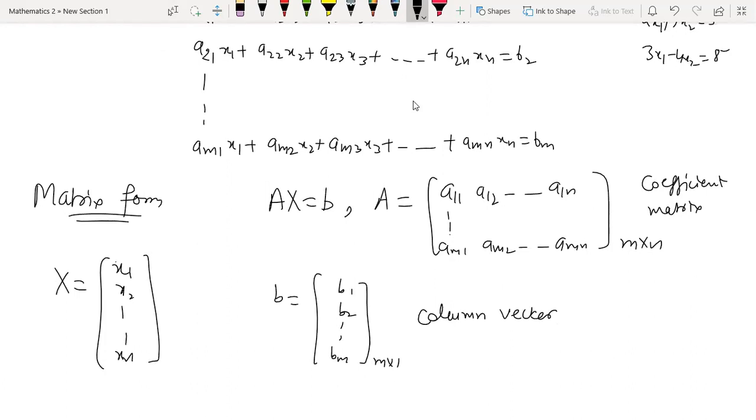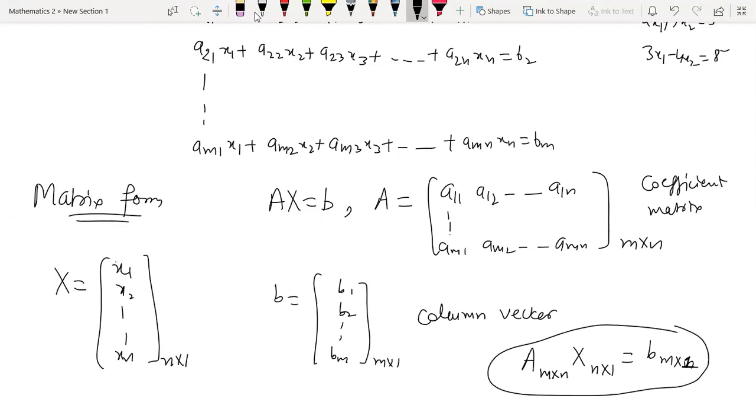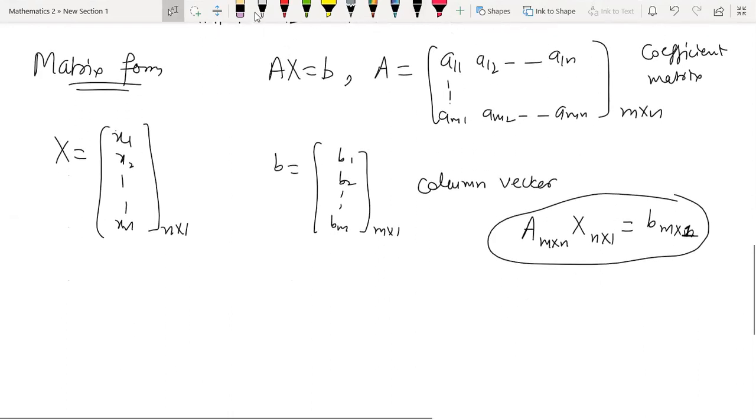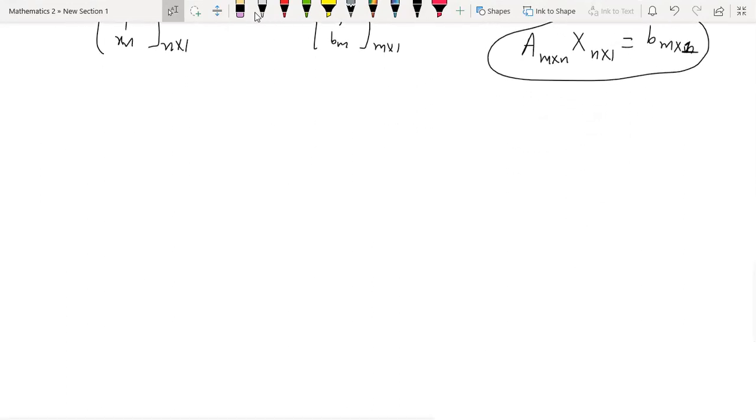So it makes sense, because when you multiply an m cross n matrix with x, which is n cross 1, it has n variables. So what should be the resultant matrix size? It should be, sorry, m cross 1, not m cross n. So this is how we represent the given system of equations in matrix form. Now the point is, what we do with this matrix form is, we are ultimately moving towards the solution. But before giving you the example of how to find the solution, let me give you a few definitions.